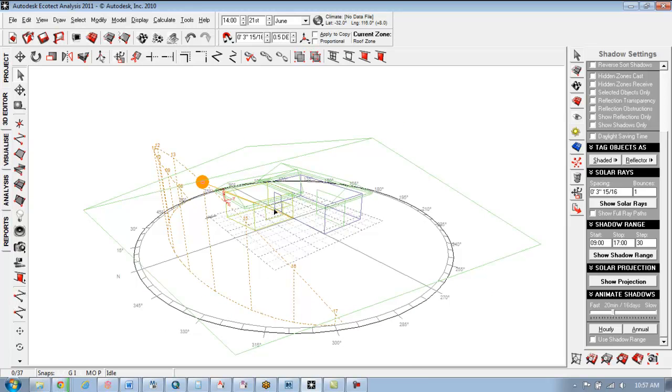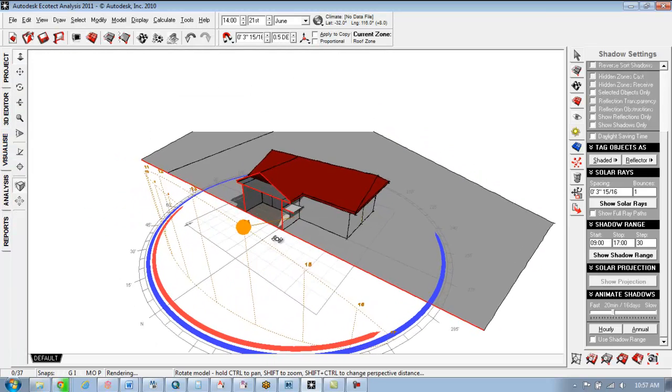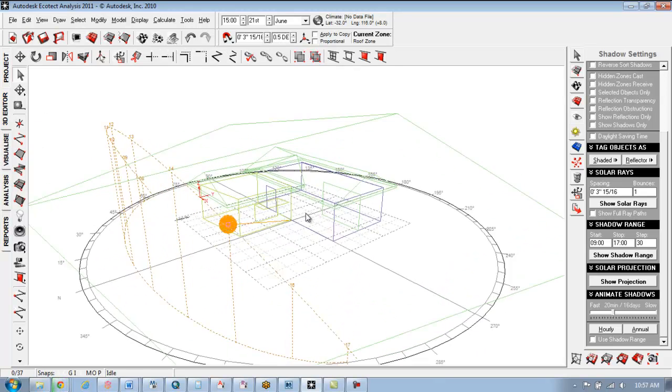Okay, so if we want to see how effective this shading device is, I think you can probably already assume not very. You can sort of play with that. See? And then, like I was saying, with the nodes, you can click on it and expand it, or if you wanted to move it farther from the window, you could see what effect that would have on that surface. If you cut your section from a plan view and just watched it that way, excuse me, you could do that. Let's see, you can also